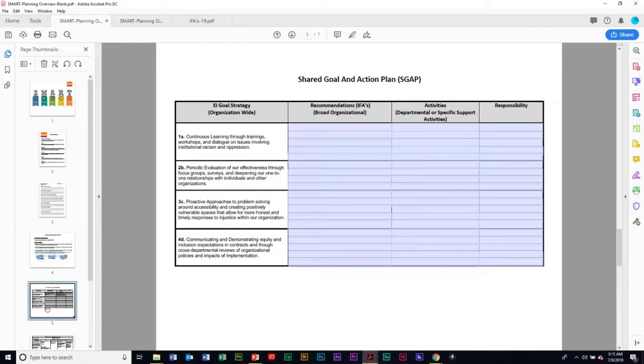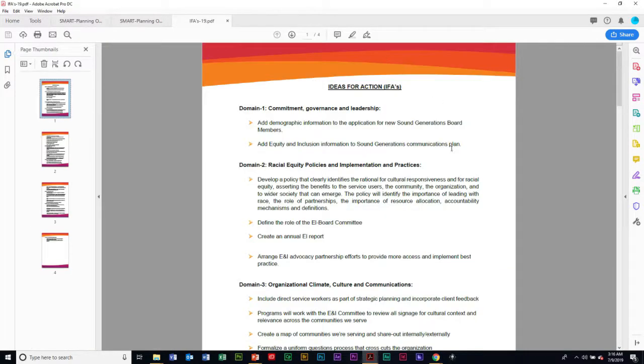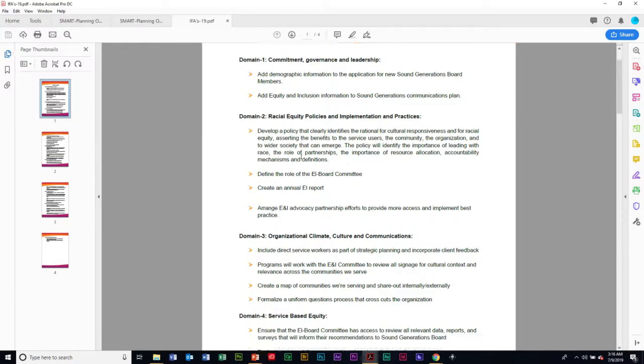So now the next column is the recommendations, IFAs. So when we developed the work plan, at the end of that work plan, we had recommendations or ideas for action, because we knew that you were going to go through this planning process, and we wanted to share out some ideas for actions that you could use in the goal development process. And if you don't remember, this is actually part of the document of the work plan, but I just pulled out a few for illustrative purposes. So when you go into the ideas for actions, you could just look at your goal and then go through the domains and figure out which domain closest complements